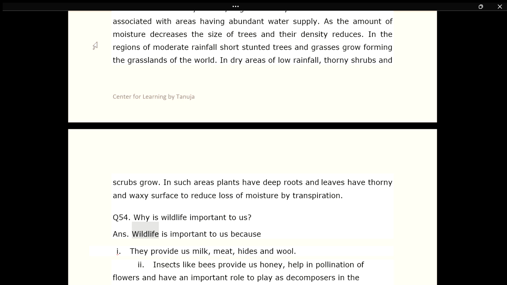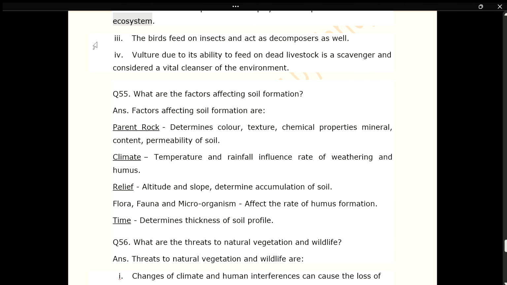Q54. Why is wildlife important to us? Ans. Wildlife is important to us because: 1. They provide us milk, meat, hides and wool. 2. Insects like bees provide us honey, help in pollination of flowers and have an important role to play as decomposers in the ecosystem. 3. The birds feed on insects and act as decomposers as well. 4. Vulture, due to its ability to feed on dead livestock, is a scavenger and considered a vital cleanser of the environment. Q55. What are the